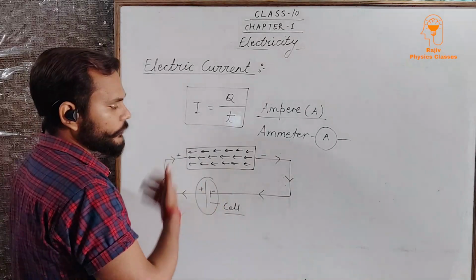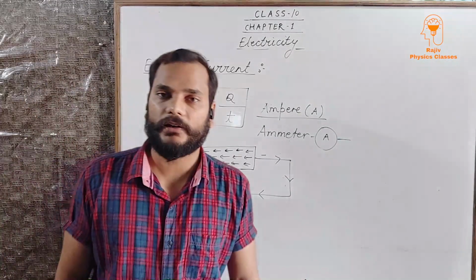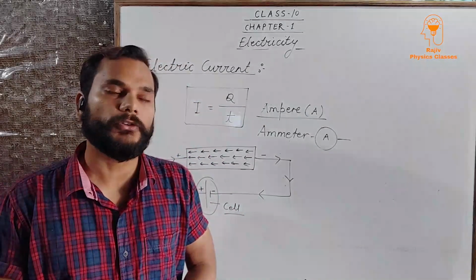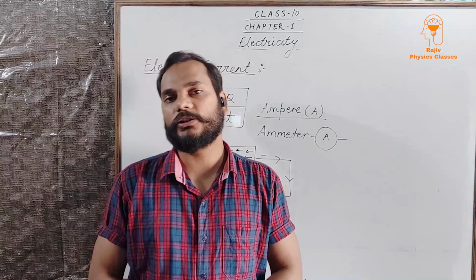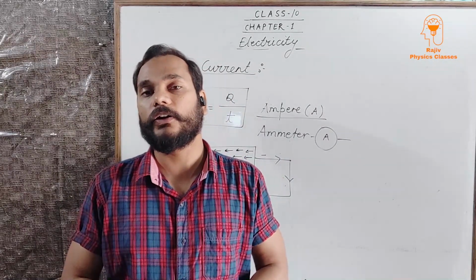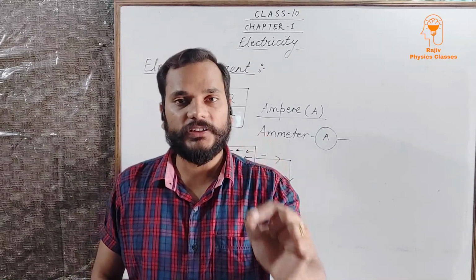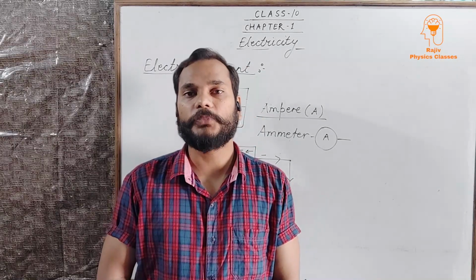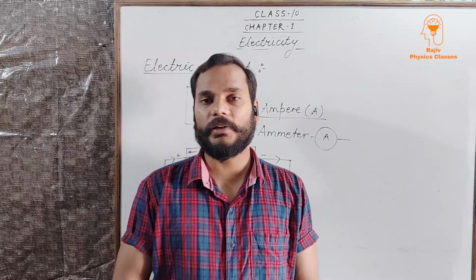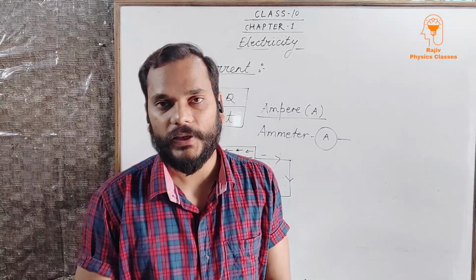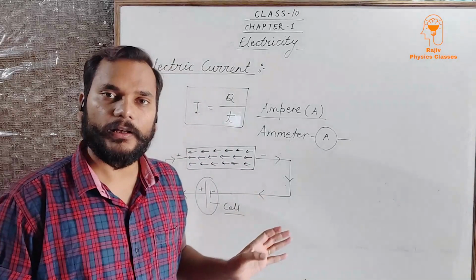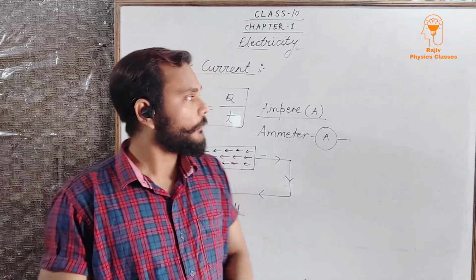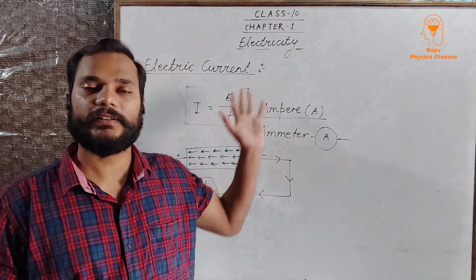Through this figure I have explained the very important concept regarding the direction of electric current. We must keep in mind that the magnitude of electric current is always due to the flow of electrons, while the direction of electric current is considered only due to the flow of positive charges. That's why the direction of electric current is always from the positive terminal to the negative terminal of the cell. Is that clear? Go through this topic, revise it, go through the NCERT content, and then you will find out what exactly the meaning of electric current is.